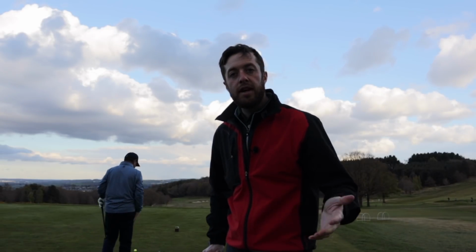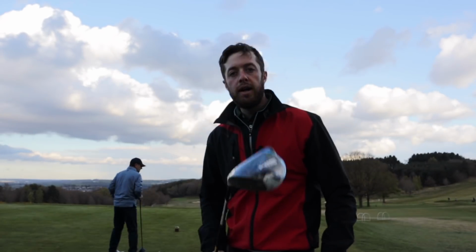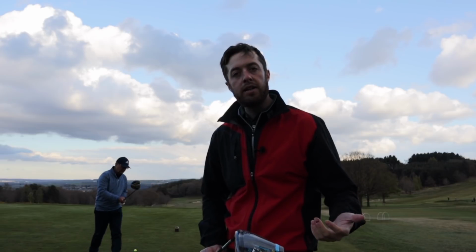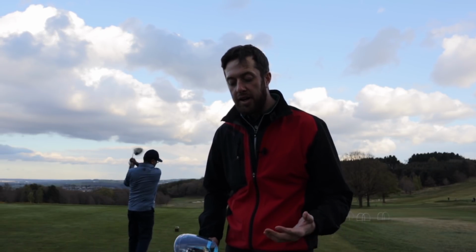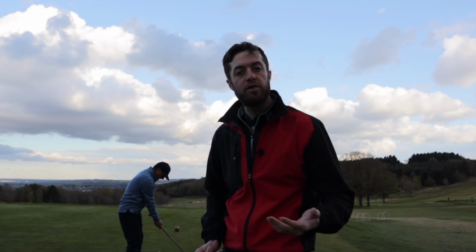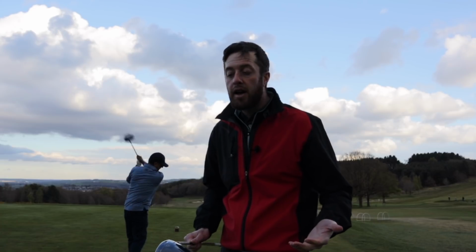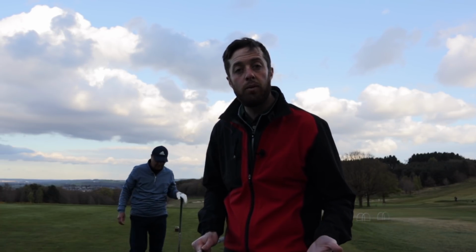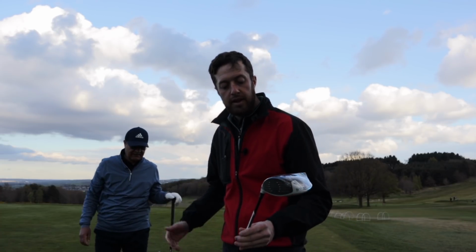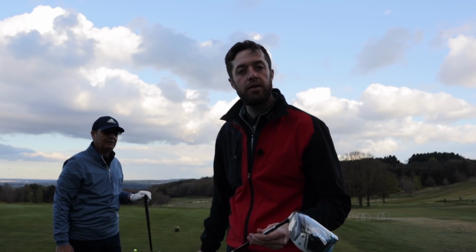So the driver Toheed's testing today, the Sim Max 2, when we fitted him, he came out at a 9-degree loft and a stiff shaft, which is absolutely crazy for a new golfer. But it was the only way that we could control his spin and his launch. And when we did the fitting, it didn't actually make his dispersion any worse. So I said to Toheed, not many new golfers would be fitted for a 9-degree stiff,